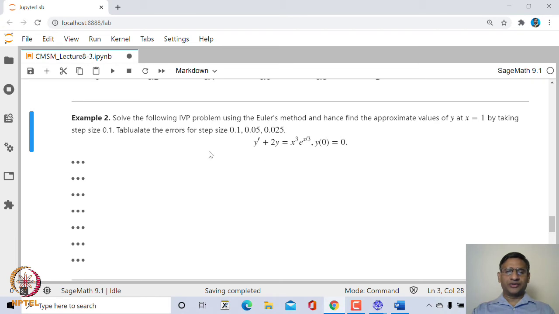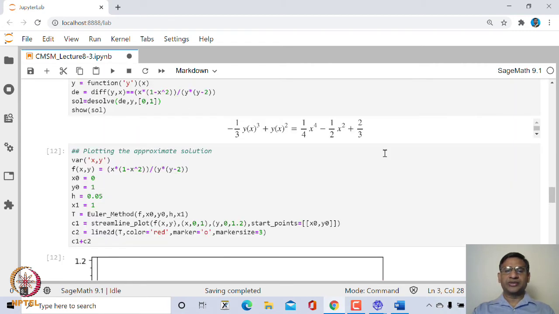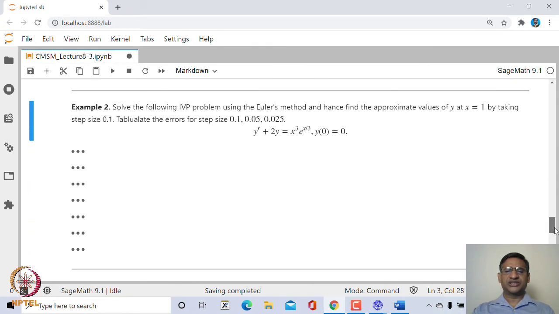What we would like to do is tabulate the error at each stage, right. In the previous example we did not have the solution in explicit form, so evaluating the exact solution will not be straightforward. Still one can do it numerically, you can approximate, but we will look at an example where we have the explicit